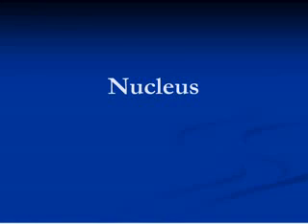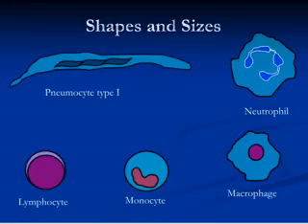Nucleus. Nucleus keeps hereditary information of a cell. Sizes and shapes of nuclei can be different in different types of cells. Nuclei often occupy different positions in cells, means they are not always central. In fact, shape and size of a nucleus is often an important landmark to identify and differentiate a cell from